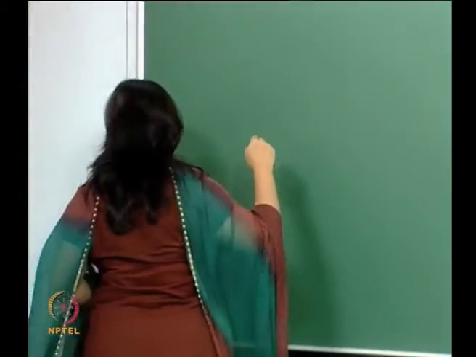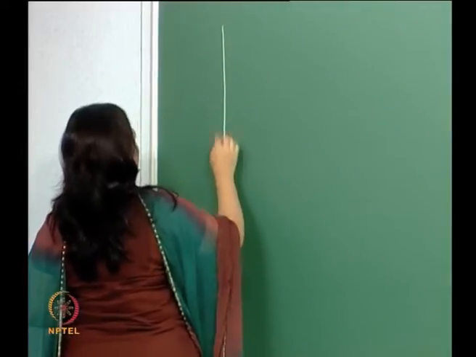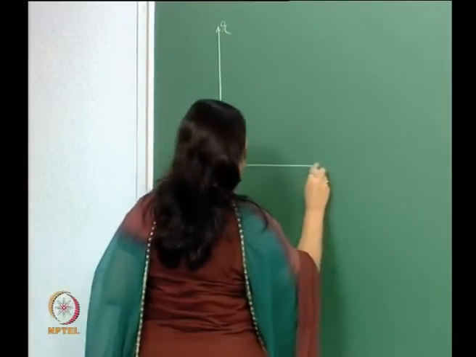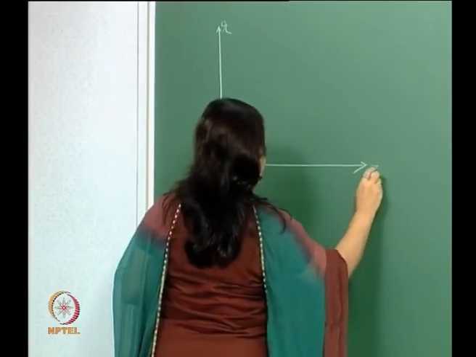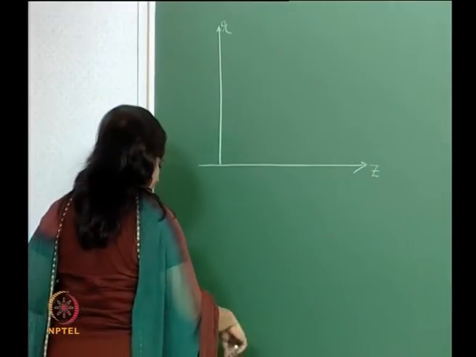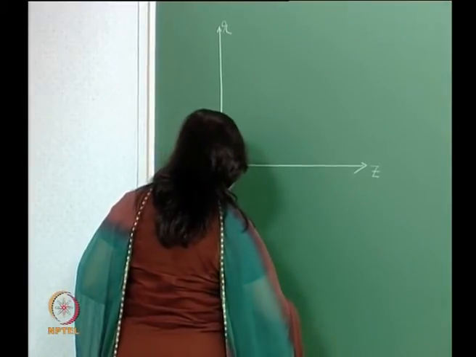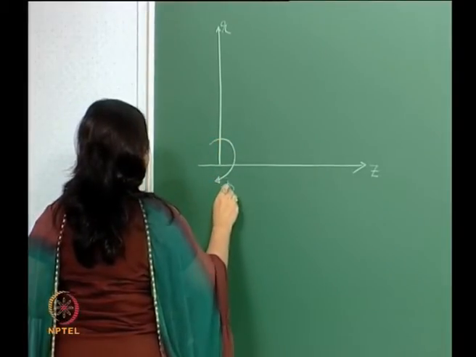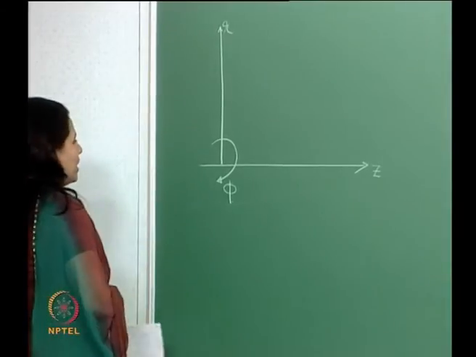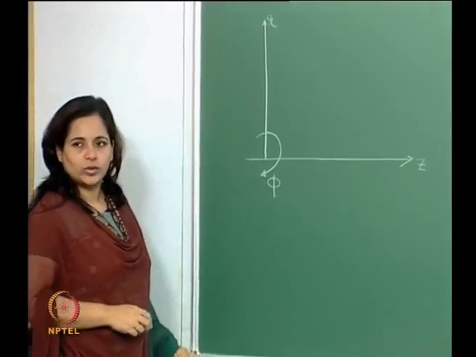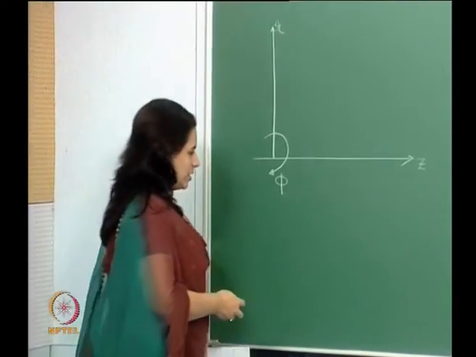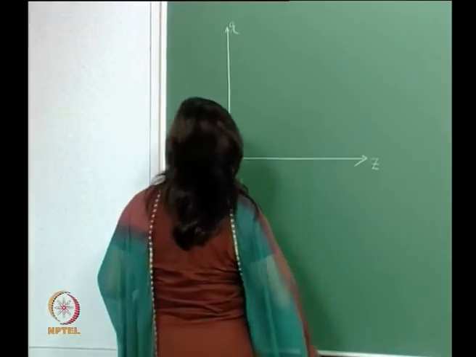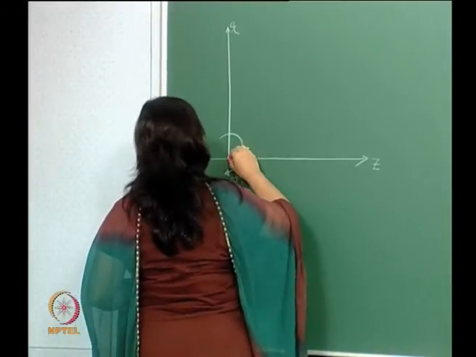Let's draw an axis system. Now what you can see is this is the cylindrical coordinate system, right? We have this radial axis, a z-axis, and a phi. So now, if I have a body like this,